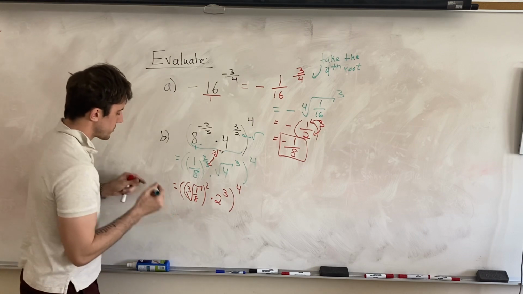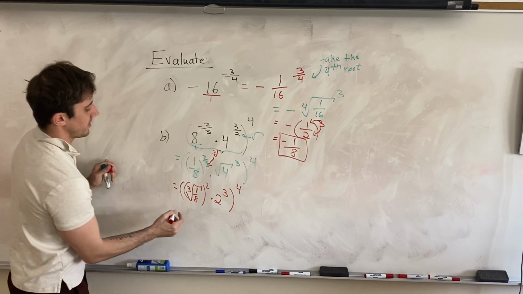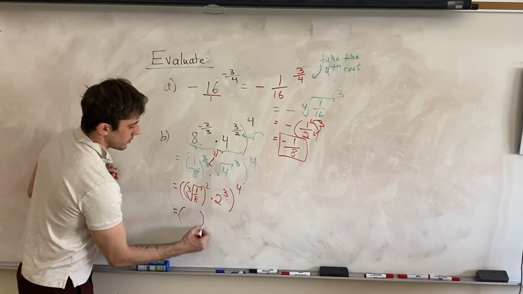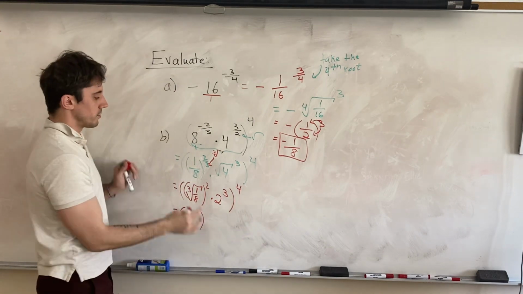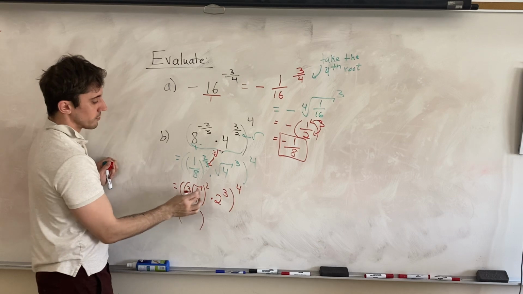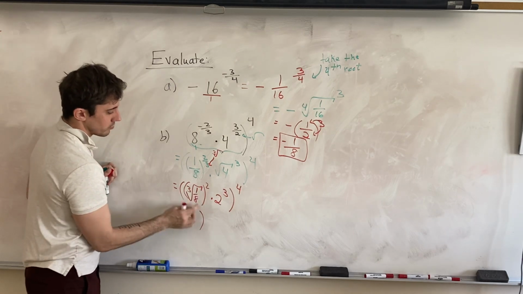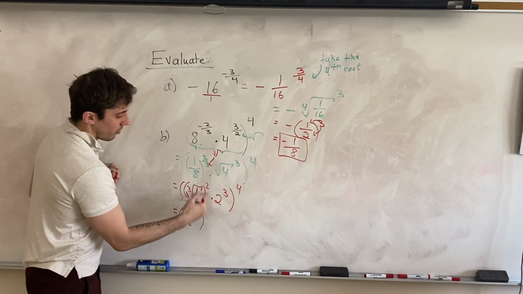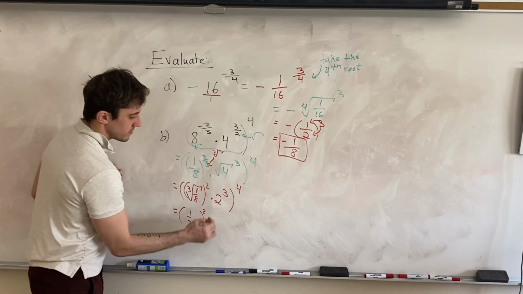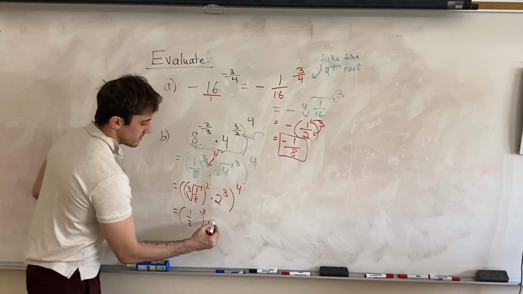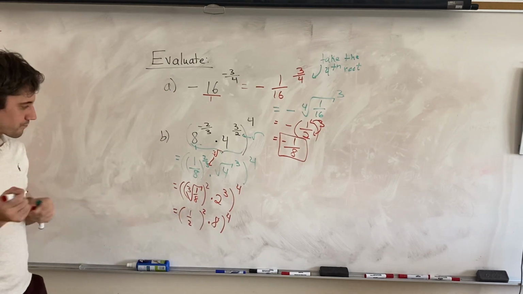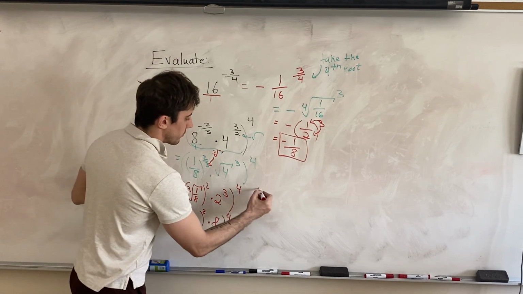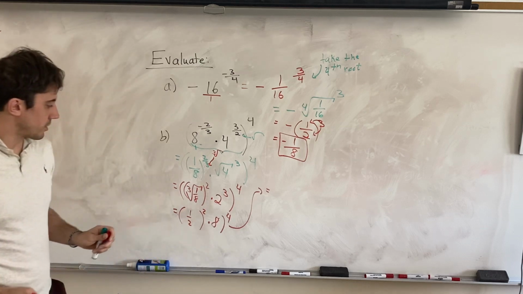Now let's deal with the first part. I'll leave them red. So the cube root of 1 over 8, again, it's just the cube root of the numerator over the cube root of the denominator. So we have the cube root of 1 over the cube root of 8 being 2, and all of that is squared, times 2 to the power of 3 is 8, and again, an exponent of 4 outside. I'll bring that over here. Now our expression is going to become,